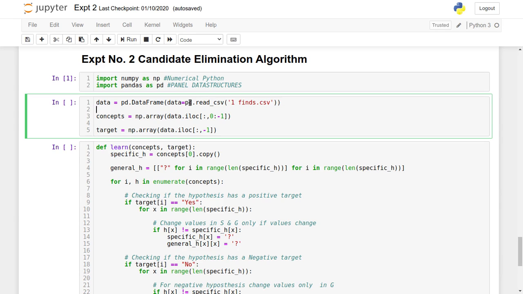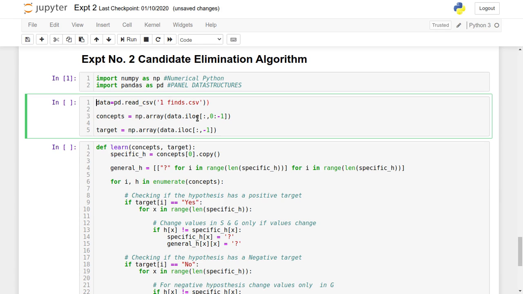So hence we use pd.read_csv, and this imports the content of the CSV file into the data variable, and then we convert that into the data frame. Even if we directly use it, then also we will get the same result. So instead of making it as a data frame, we can directly import this with data equal to pd.read_csv of 1